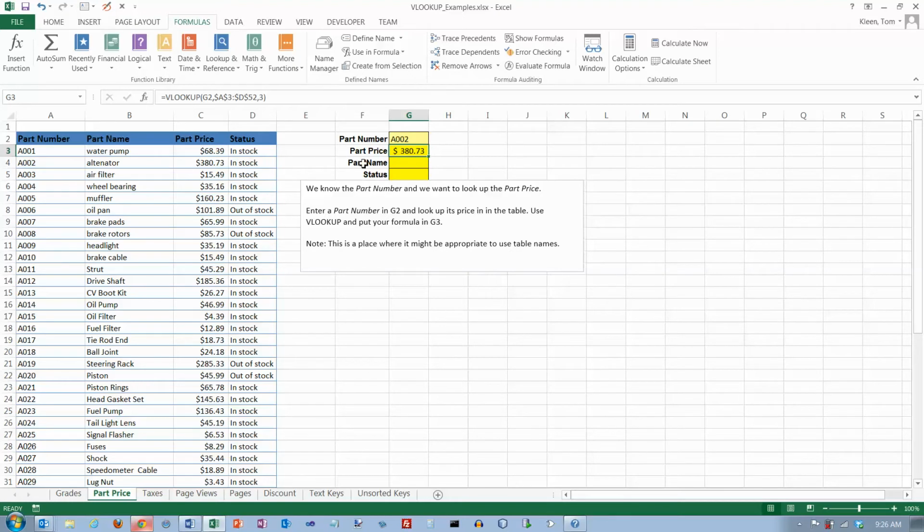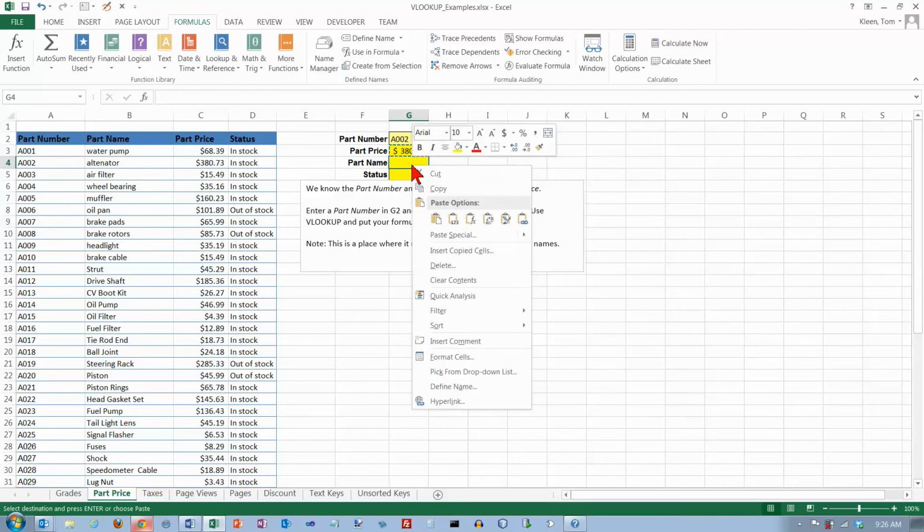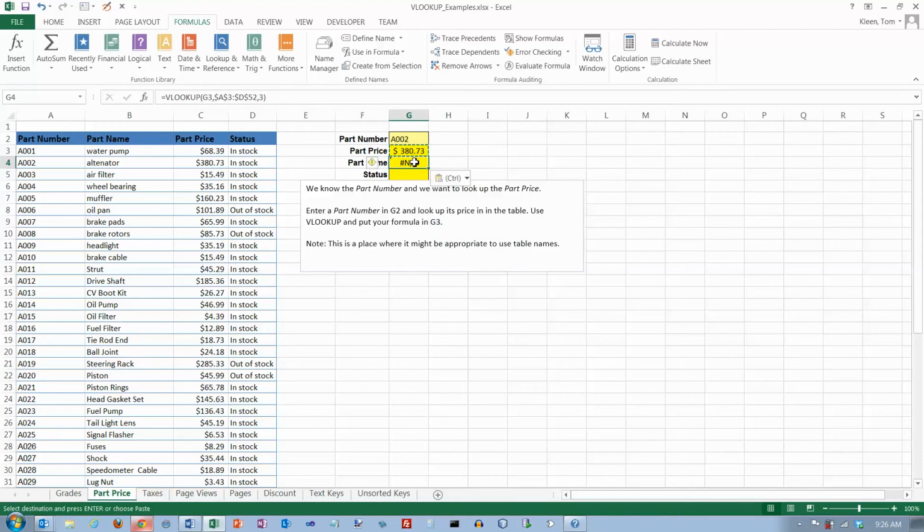So I'm going to go here, and I'm going to copy that formula, and then I'm going to go here, and I'm going to paste it in. And okay, I did make one mistake here. This is not moving either. I probably should have made that absolute. And the other thing is, if I do move it down here and I'm looking up the name, I need to change that to column 2. So I don't know if I save myself any work by copying and pasting there or not. That's obviously misspelled. That's not my fault. I borrowed this file from Microsoft. So